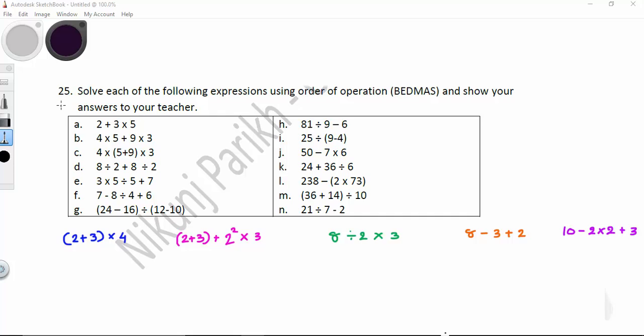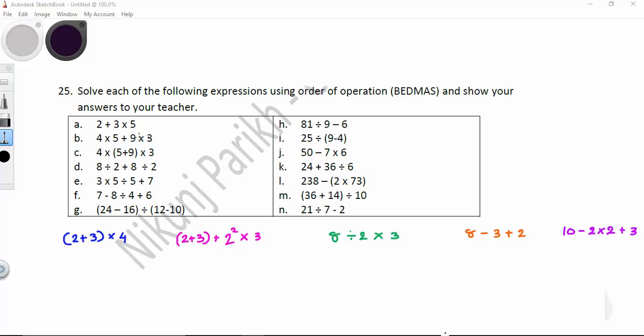Now we are going to learn how to solve exercise 25. Solve each of the following expressions using order of operation or BEDMAS. Now let us understand what this means. When you are given a mathematical expression such as these,